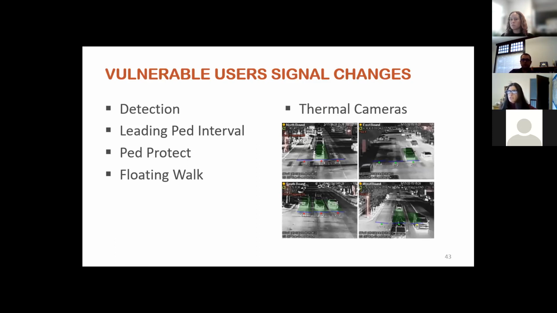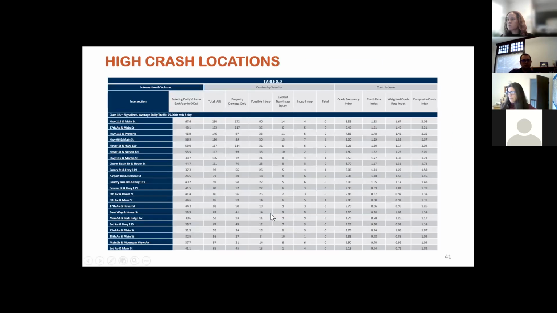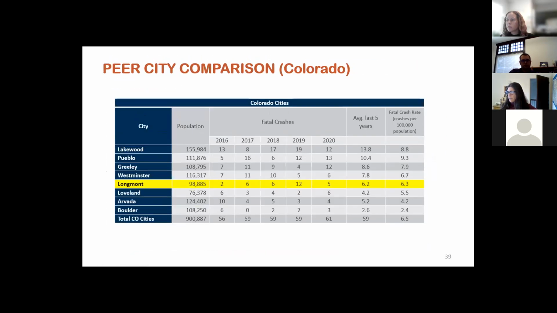We did get one. Devin asked, could you please show the local Peer City comparison again? Sure, and go back a couple slides there. That's some good data. And this is just purely a fatal crashes per population. This data comes, I think I got all of this data from CDOT's website. So I'm not sure if there's any discrepancies that may show up, whether it comes from FARS or your local data, but this is strictly from CDOT's available data.